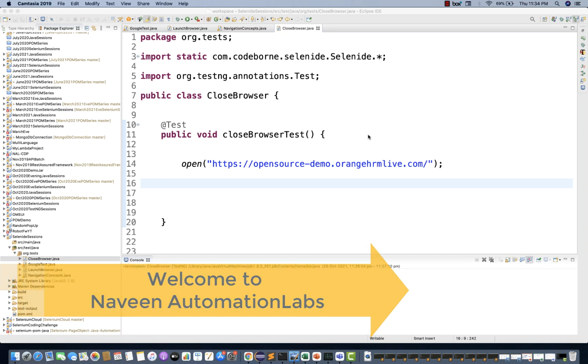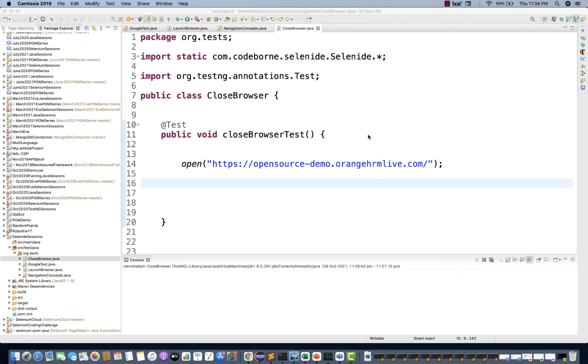So in this video, we are going to talk about how to use quit and close in Selenide. You must have seen this feature in Selenium WebDriver also, that we have the quit method and the close method, and then we have to use quit and close with respect to switch to window also. It means whenever you are using quit, let's say you have opened 5 browsers together and a number of windows are getting opened, all the windows will be closed. And close means the respective browser where exactly the driver control is available, only that particular window will be closed.